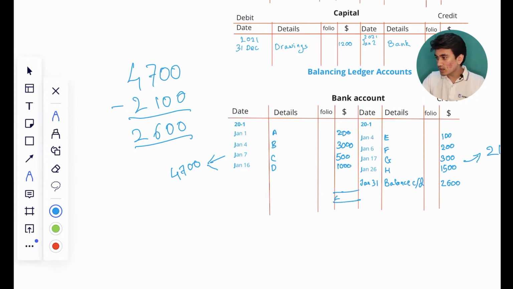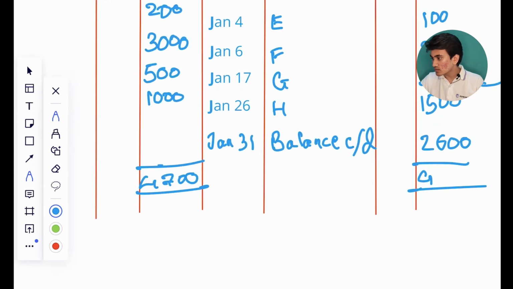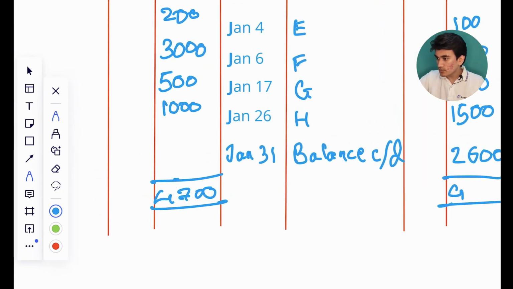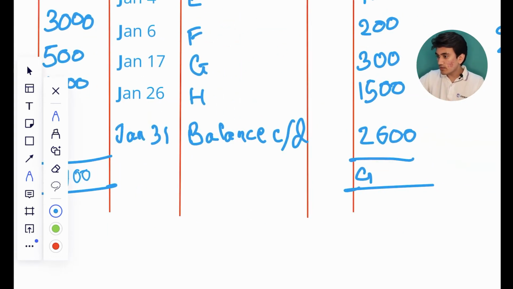So over here I can write 4700 as a sum, and I can write the same sum. Let us write it a little more clearly. So we have 4700 as the sum on the debit side, and we have the same sum on our credit side,